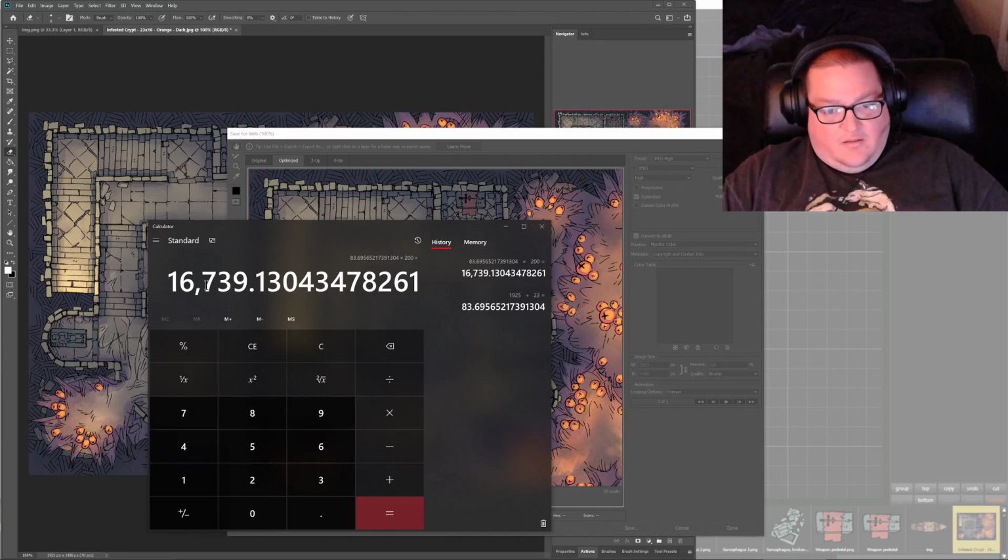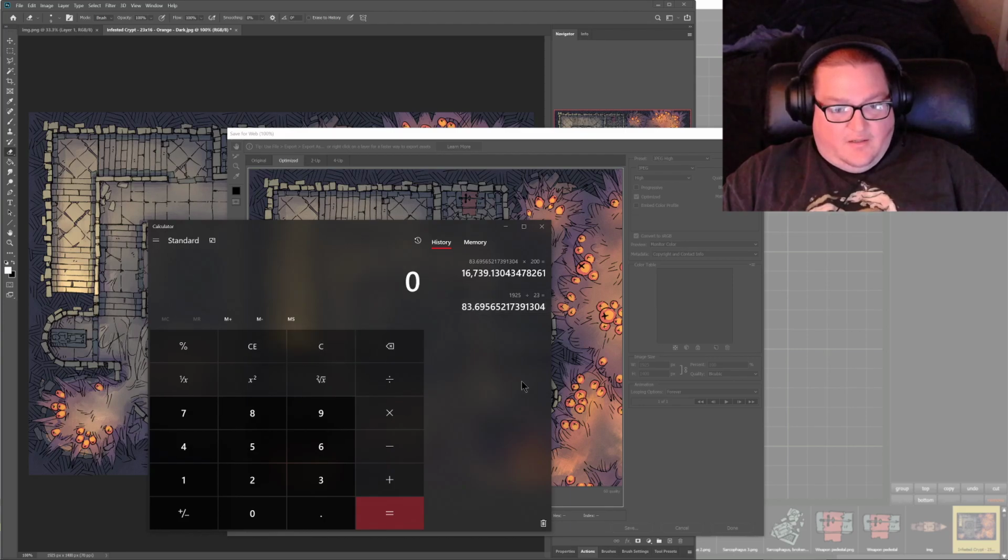That can't be right. What did I do wrong? That's the number of pixels per square in the current map. And I want to change it to 200, not... Oh, I know what I forgot to do. Okay. This number